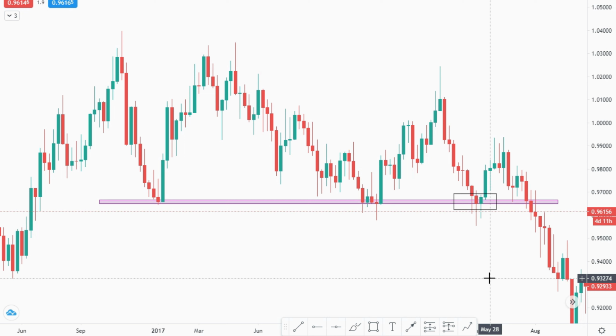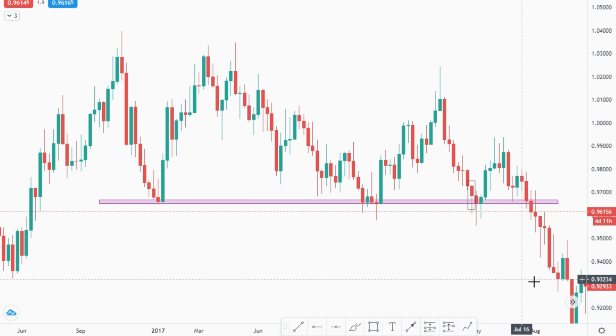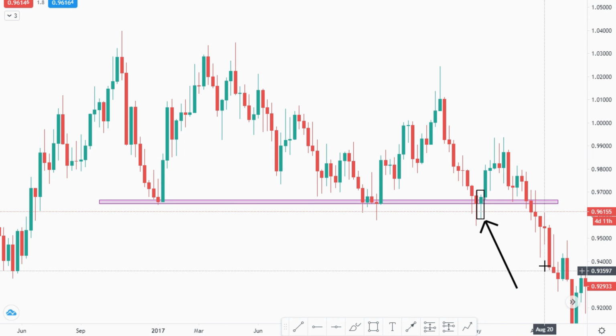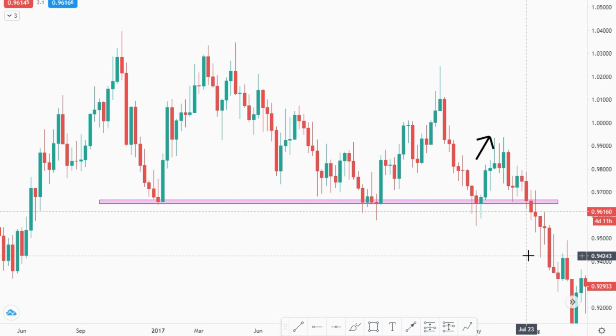Then price approaches this level again. We have a big candle, a long wick candle rejecting the support level, another long wick candle rejecting the support level, and another long wick candle which is also rejecting the support level, and a candle color change, and an inside bar candle. Then the price reversed upwards, giving us a good trade opportunity. Notice how we stack up all the price action one over the other to look for good trade opportunities.